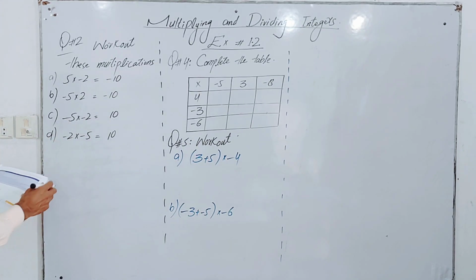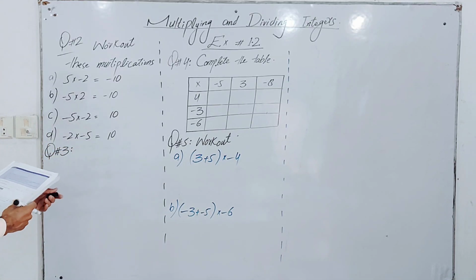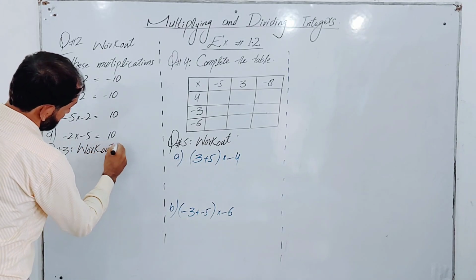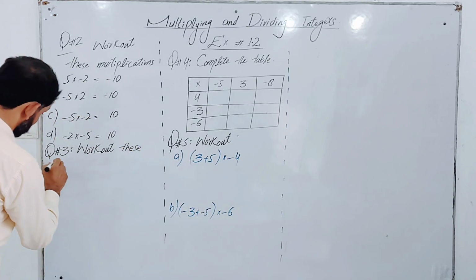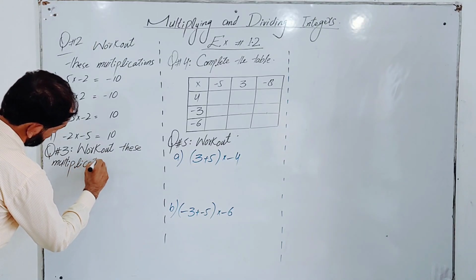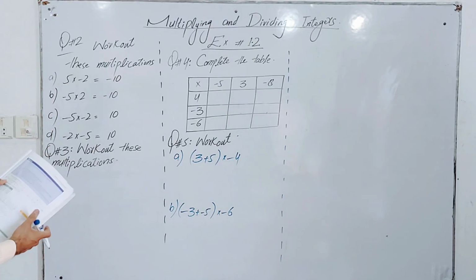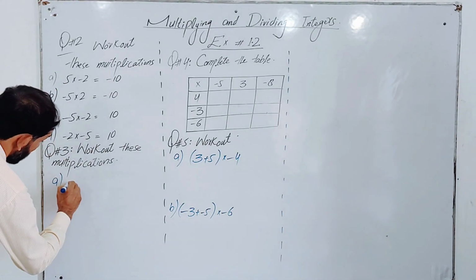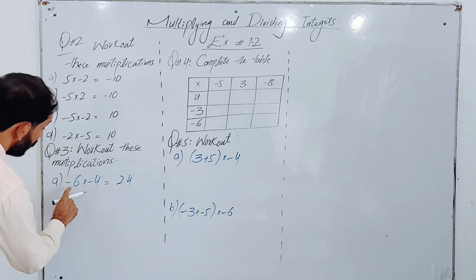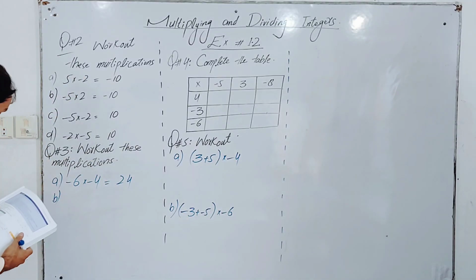Statement of question number 3 is: work out these multiplications. The first part is minus 6 multiplied by minus 4, is equal to 6 4s are 24, minus minus will be equal to a positive 24. Okay. Now the B part is minus 7